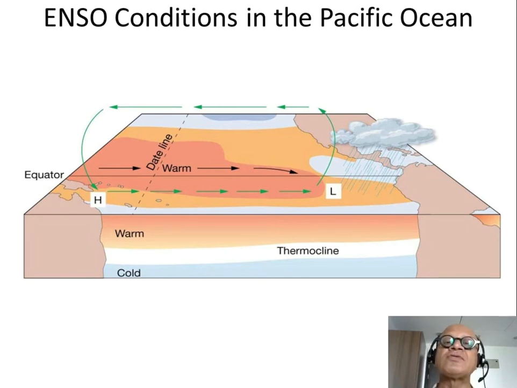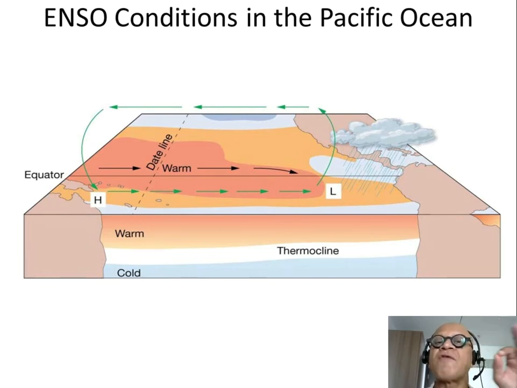So he found out that there was sea level pressure being recorded in Tahiti, where there was a French colony. Sea level pressure was being recorded in Darwin, which was occupied by the British. And he looked at the pressure and found that in general they were out of phase. Why? Because remember that Darwin is in the west, in the West Pacific warm pool, which was not defined at the time, in the early 1900s, 1920 or so.